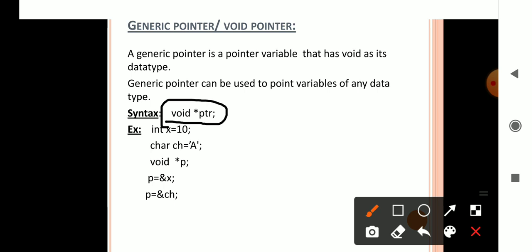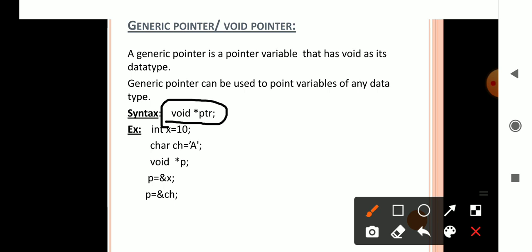If we use void, then it points to any data type. That means the pointer can point to integer type, float type, char type. If we use integer data type, then it points to only integer type. If we use float data type, then it points to only float objects. But if we use a void pointer, then it points to any data type, any object.